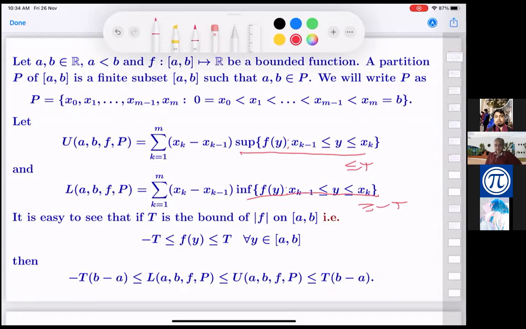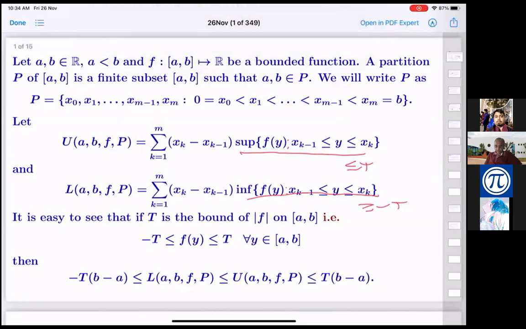Because we are taking the function to be bounded, the supremums and infimums exist as real numbers and we can do this summation. There are no infinities coming up in the expressions. If we don't require that f is a bounded function, then some of these could be infinities and all these inequalities will go for a toss. So we have upper bound, lower bound, and we have made an observation about them.